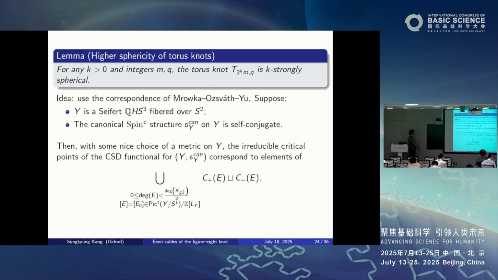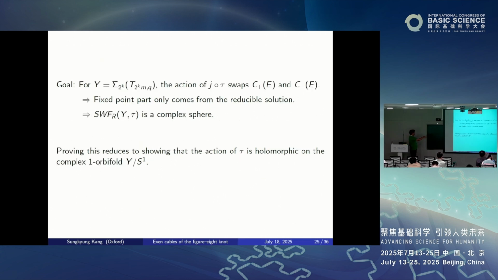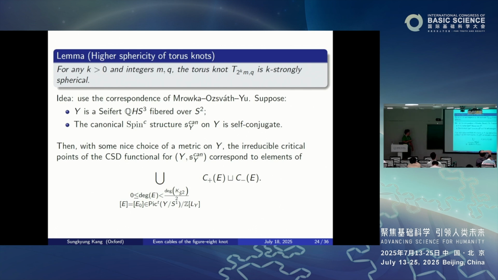The proof comes from an earlier work from the 1990s of Mrowka, Ozsváth, and Yu. What they did is that if you have a Seifert rational homology sphere fibered over a sphere, such that the canonical spin-c structure is self-conjugate, in this setting they construct a one-to-one correspondence between the irreducible solutions to the monopole equation and the solutions to the vortex equation. More precisely, a part of their work is that if you choose the metrics and connections very nicely,